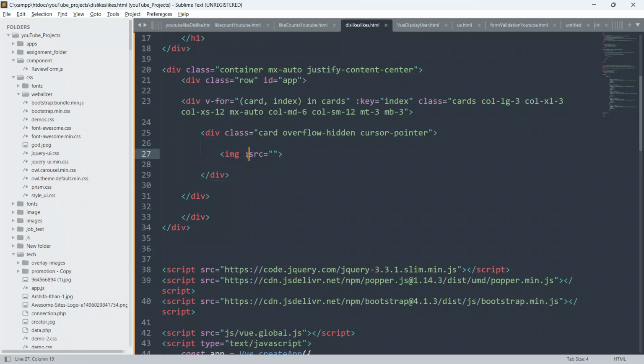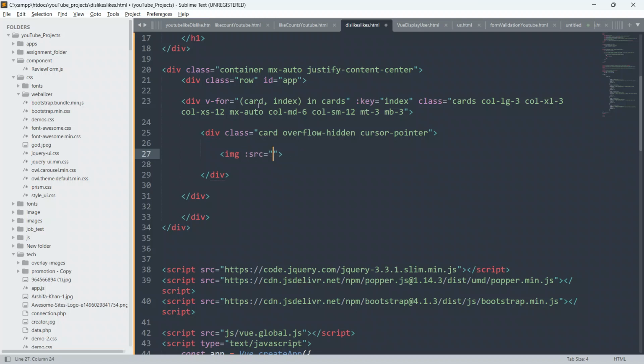This colon is the shorthand property for v-bind. You can also write v-bind here and put colon. But rather than writing v-bind, we can also write colon only. So I'm gonna remove v-bind from here and let colon only be here.